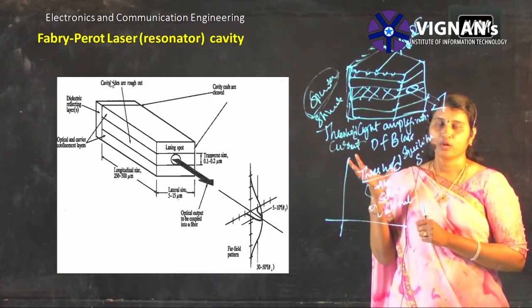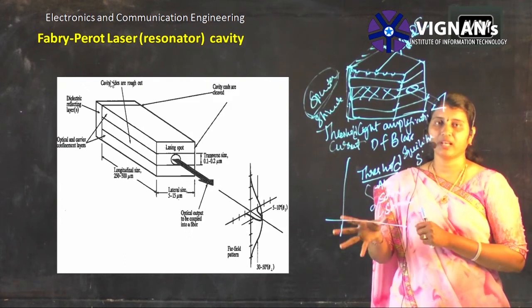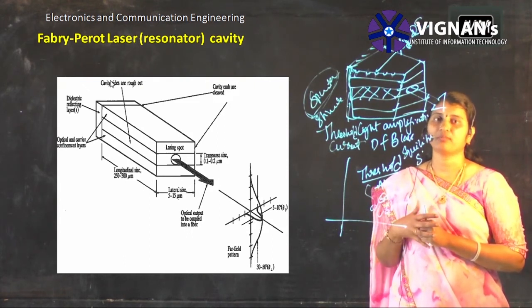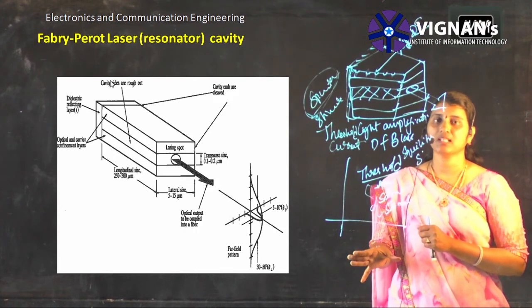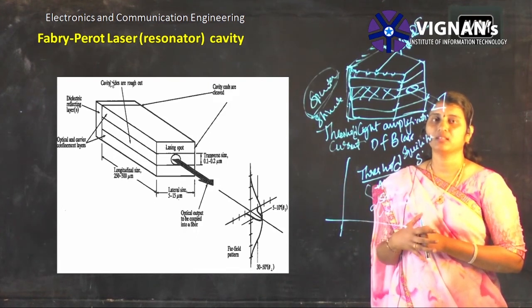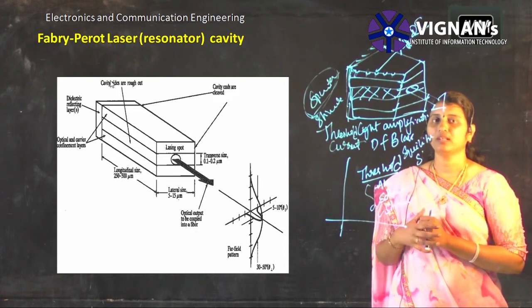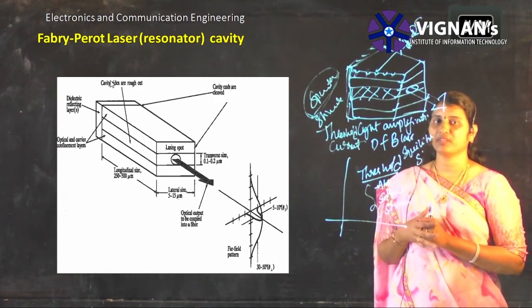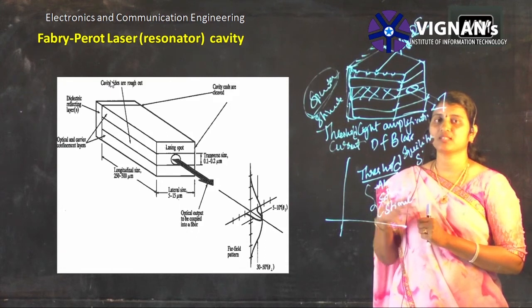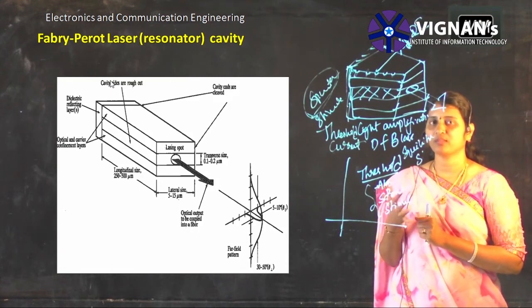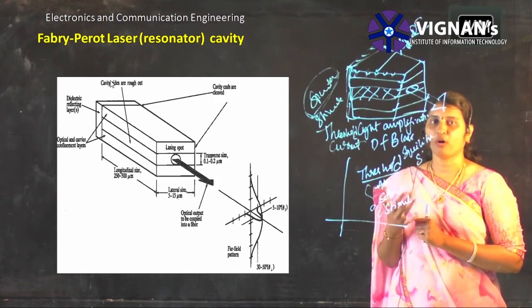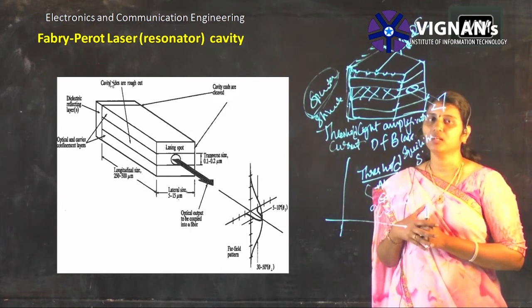LEDs operate at lesser bandwidth, whereas lasers operate at larger bandwidths. Lasers can carry a large amount of data, whereas LEDs can carry very little data. These are the differences, and basing on them we can assess to what type of applications these two light sources can be used. Both are compatible for optical fiber communication depending on the requirement.